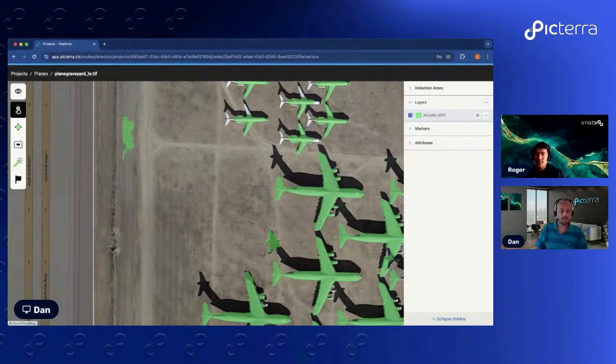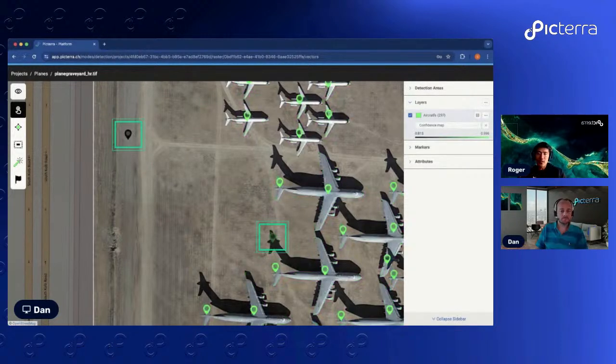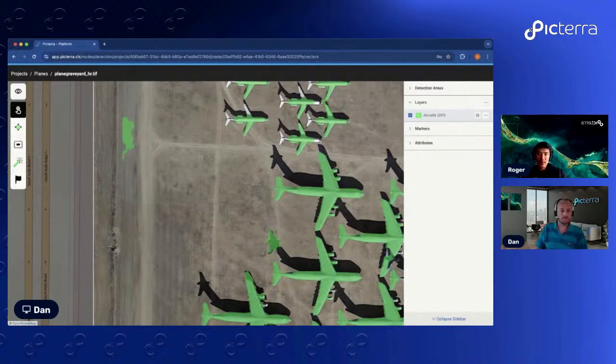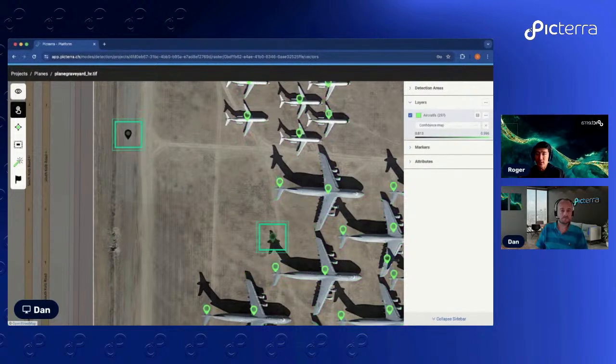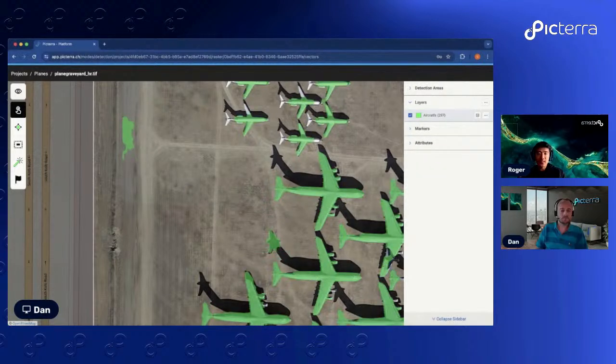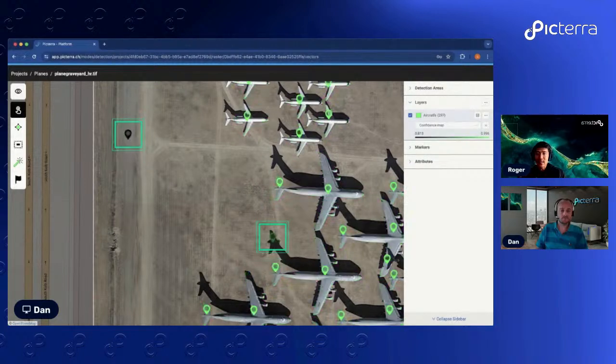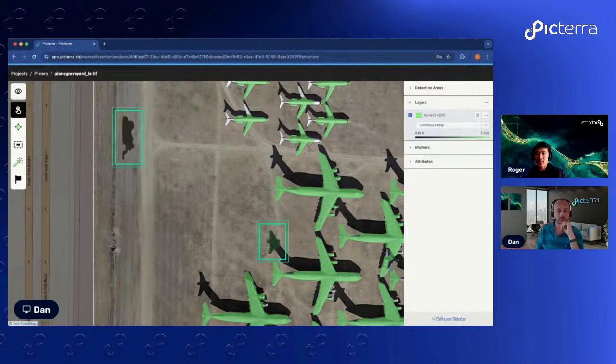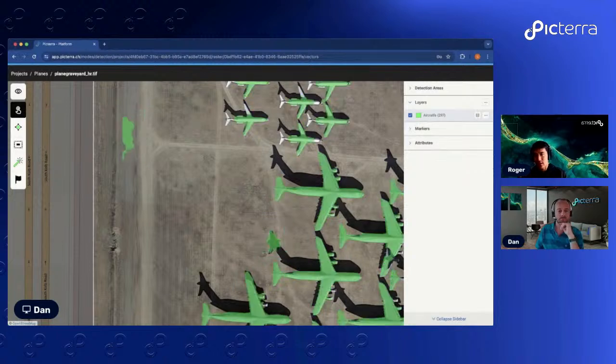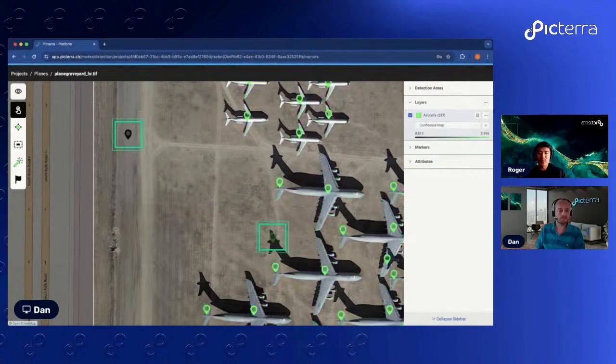So from a UI or usability perspective, when you run your detector on your imagery, you get these results. In the right hand panel, you see the layers there. You can click that little button that looks like a little table next to the aircrafts. If you click on that button, you can view all the different attributes that are on your detections. In this case, the attribute we have here is the confidence map attribute. And you'll be able to visualize the confidence on a color scale. So here, throughout all the detections, we found that the confidence values range from somewhere between 0.8 and